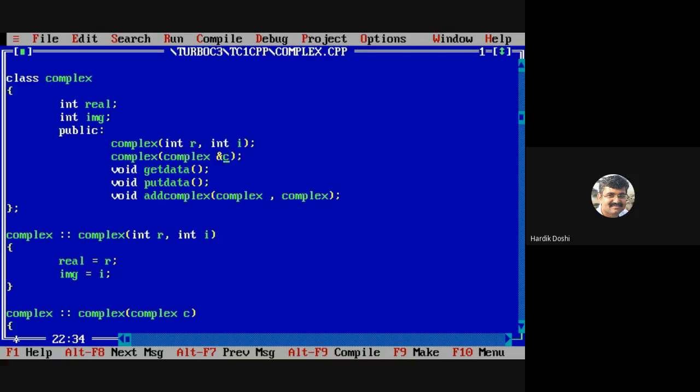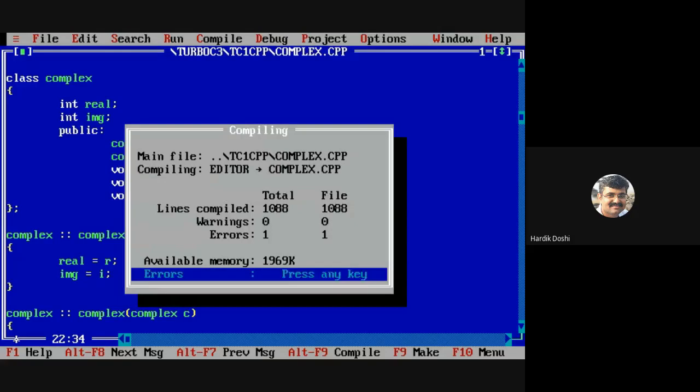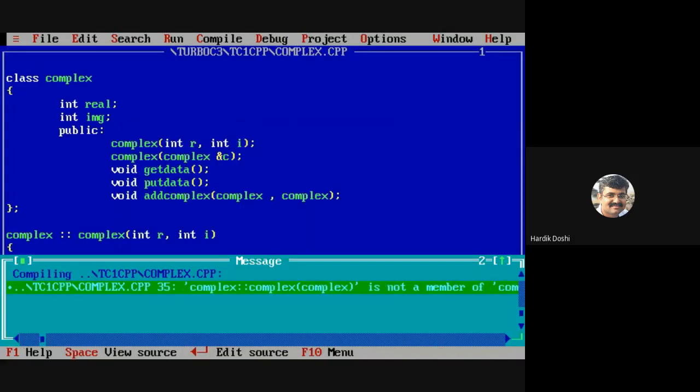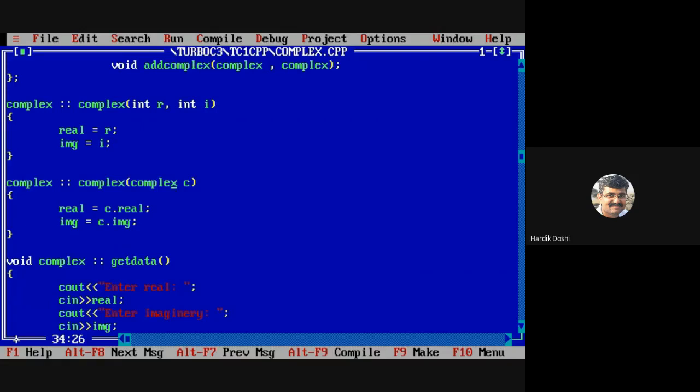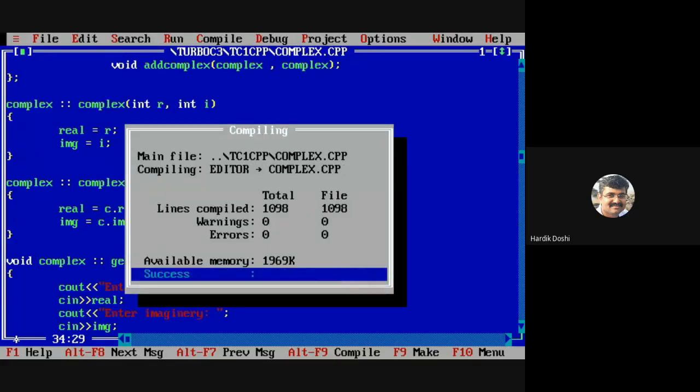Nobody knows what I did. I simply added an ampersand, but nobody knows. Okay, let us try to compile. Sorry, I have to change here also. No errors.